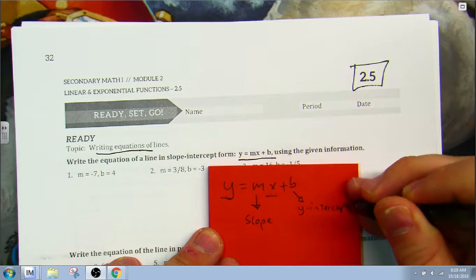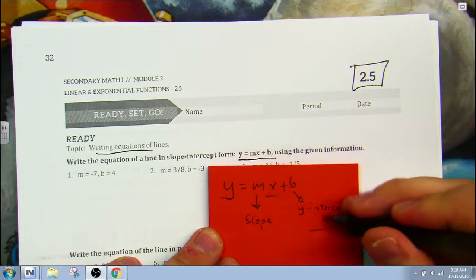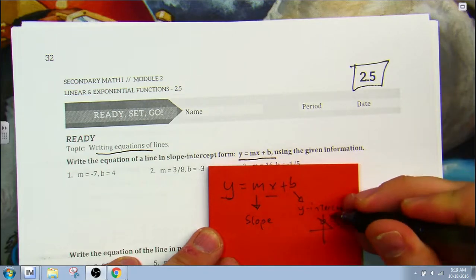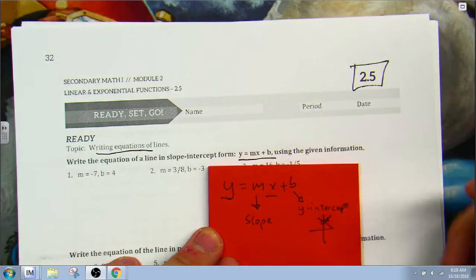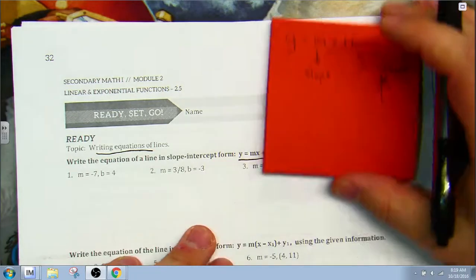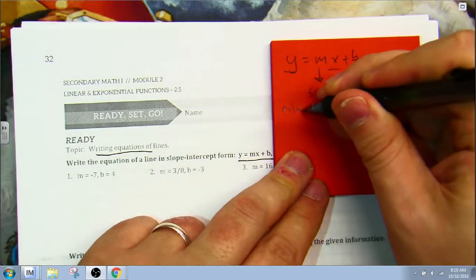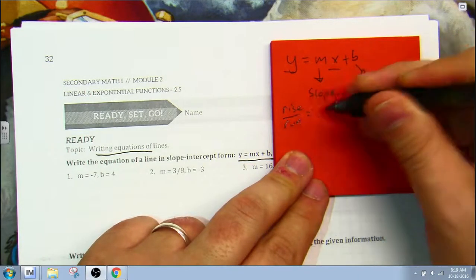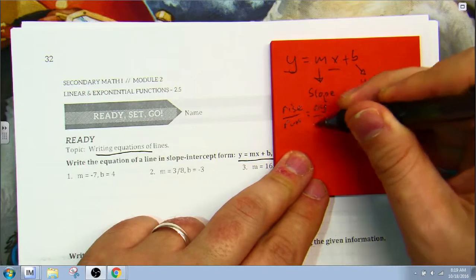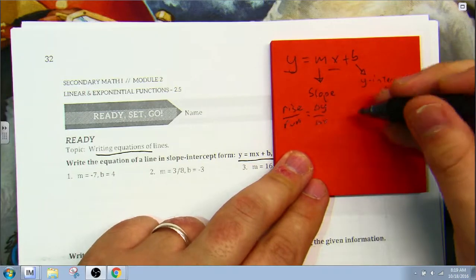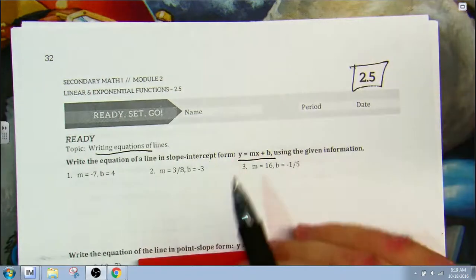Now the y-intercept is just where it crosses the y-axis. So right here, that would be our b. But our slope is going to be our rise over run. It'll be represented as a fraction, which is our change in y over our change in x. So when we look at this,